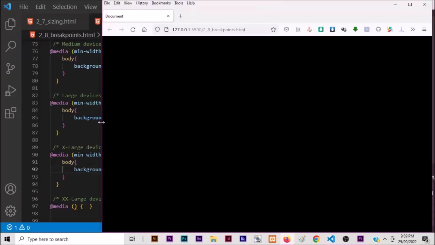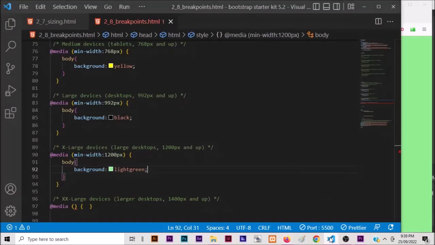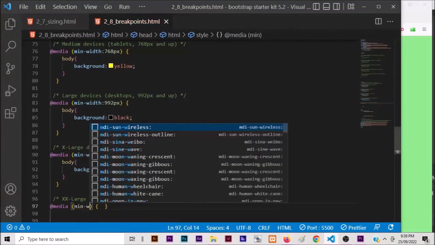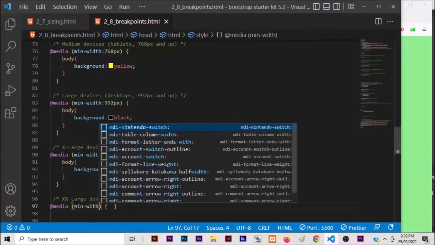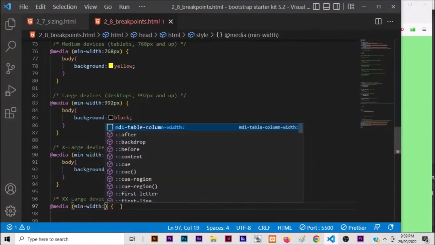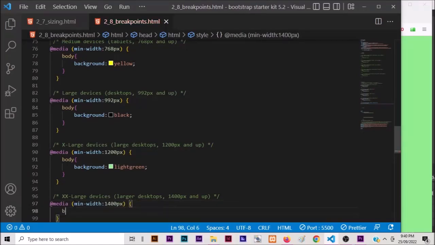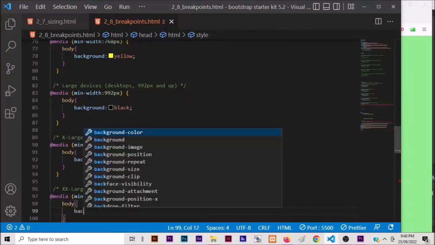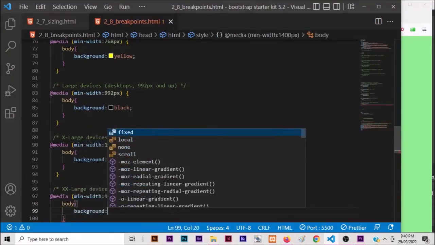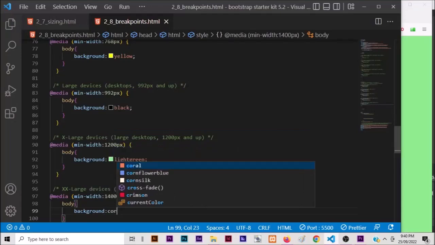Let's check it out at 1200, light green. So, new width: 1400 pixel, body background. I have Cora. Let's check it out now. You can see